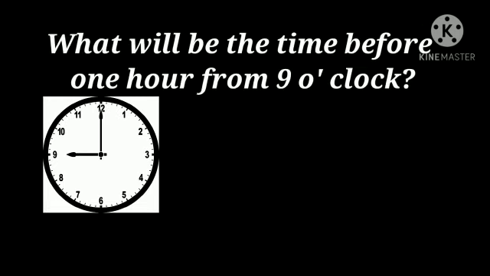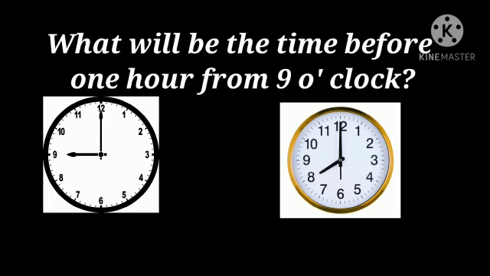Next one. What will be the time before 1 hour from 9 o'clock? Now see here, we have to find out the time before 9 o'clock. So first we will see the time. Small hand, that is hour hand, is at 9 and the minute hand is at 12. So the time is 9 o'clock. Now we have to find out the time before 1 hour from 9 o'clock. So we will go one step back. Which number comes before 9 is 8. So the time before 1 hour from 9